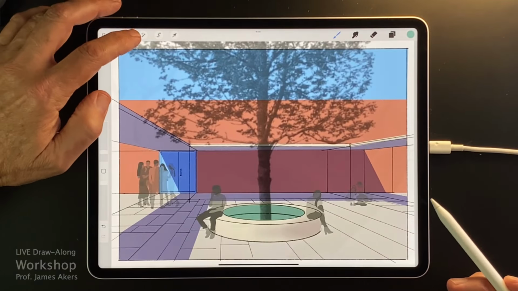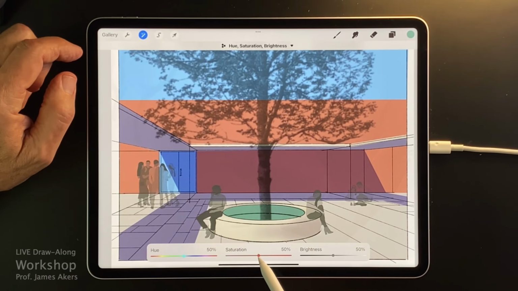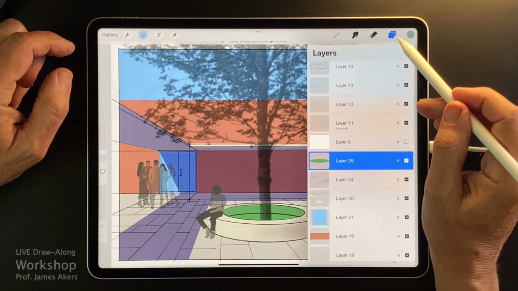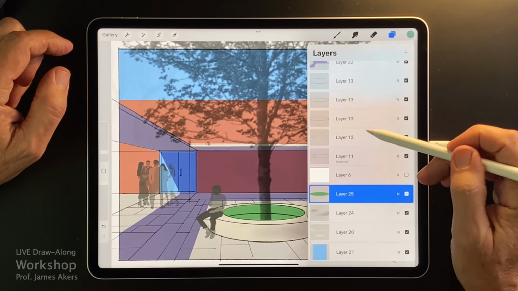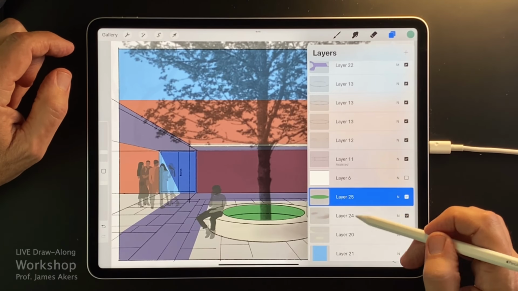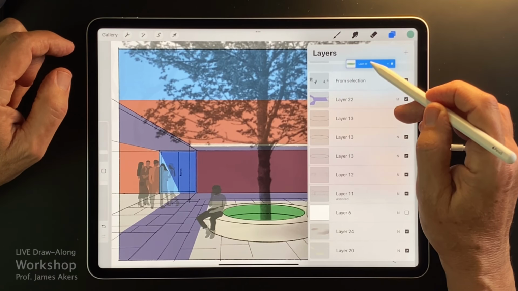And let's see, that's too lifeless, so I'm going to make it a little more saturated, and even change the hue a little bit. There we go, that's a little better. And we also want to make sure it's over the tree, and then we'll erase the tree shape from it.